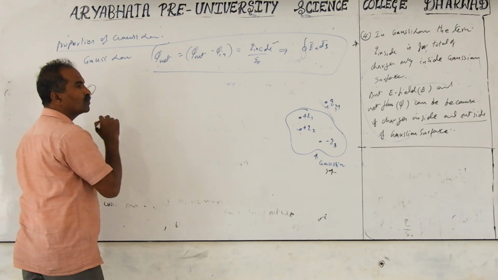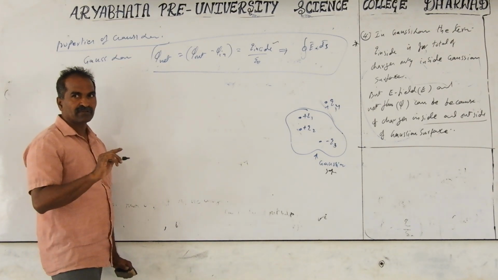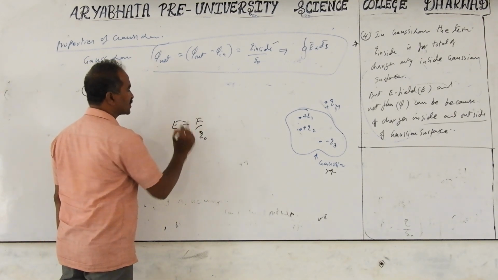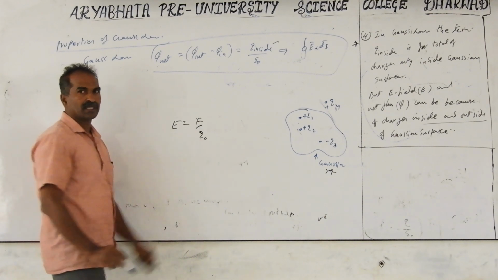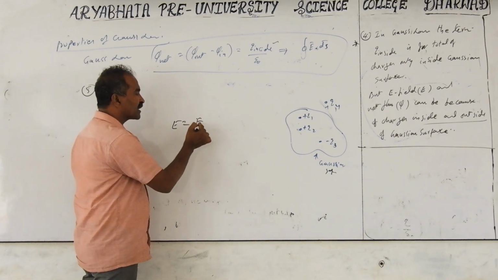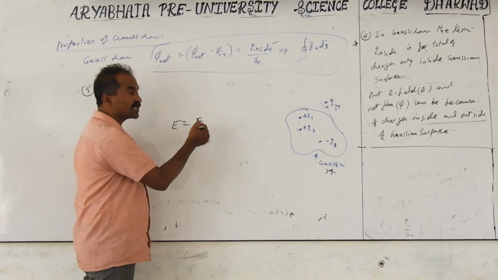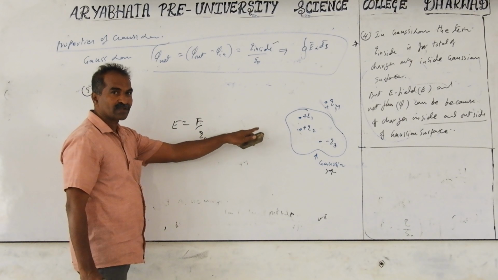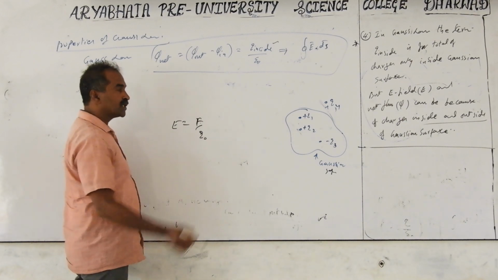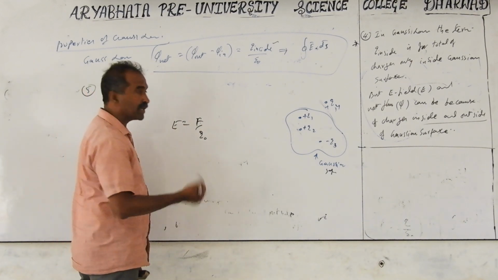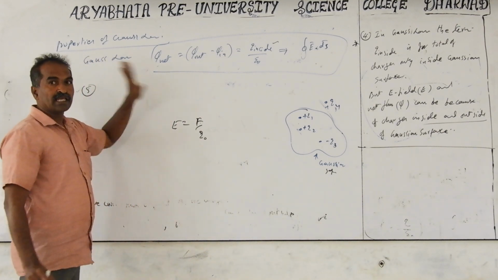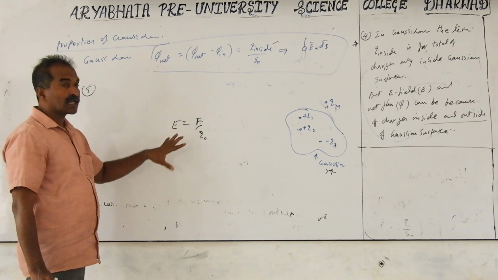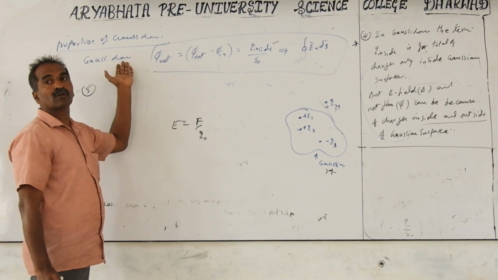Related to this point, electric field is inversely proportional to R square, which is nothing but Coulomb's inverse square law. Electric field is basically F by q naught. The basic definition is force acting per unit test charge, q naught. What is this F? The force between the source charge and the test charge. So force depends on Coulomb's inverse square law, meaning F is inversely proportional to R square. Due to this, electric field is also inversely proportional to R square, which means Gauss law also depends on the inverse square law. That is related to Coulomb's inverse square law. If Coulomb's law does not obey the inverse square law, then Gauss law will not obey the inverse square law either.